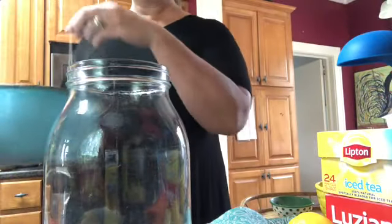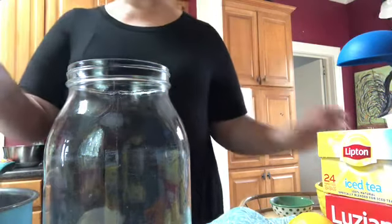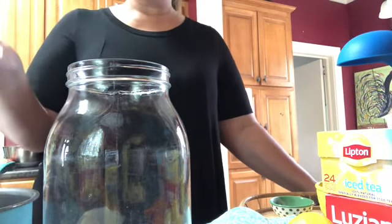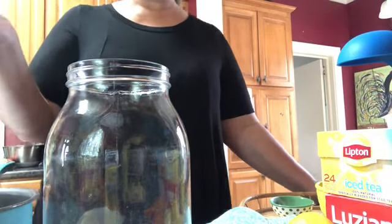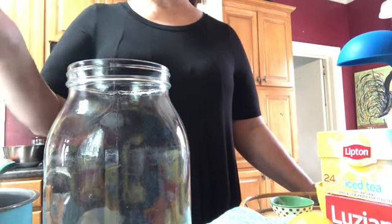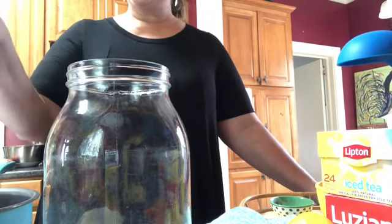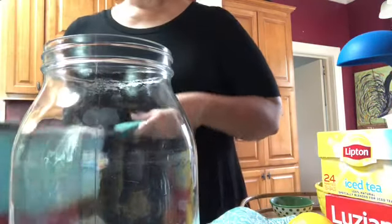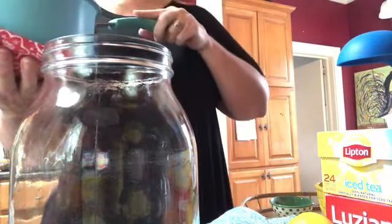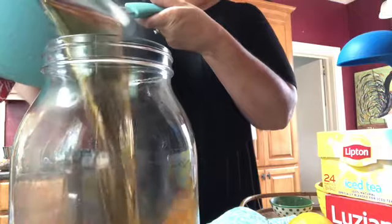So here we have our tea that has been steeping for about 10 to 15 minutes. And what I do, just lastly, is take my tea bags and bounce them up and down a little bit in the pot just to get out some of that good flavor. Now, I know a lot of you will take these tea bags and squeeze them against your pot with a spoon. I have learned not to do that, and I've learned the hard way because I have broken and busted many tea bags. And now we are ready to pour our steeped tea into our jar with our sugar and